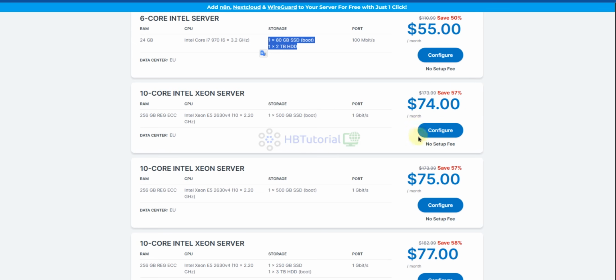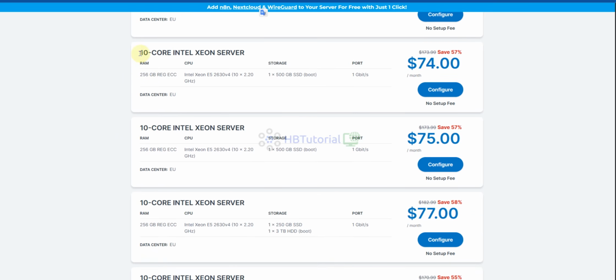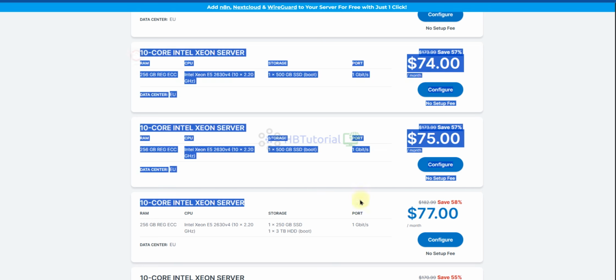I think it's a very good deal. And the 10 core Intel Xeon server is only $74 per month, with 256 gig. Really amazing. So you can get a dedicated server here if you want.